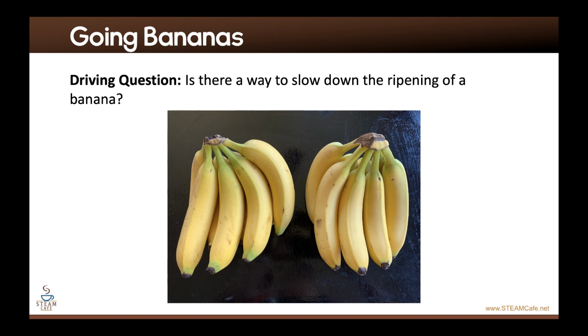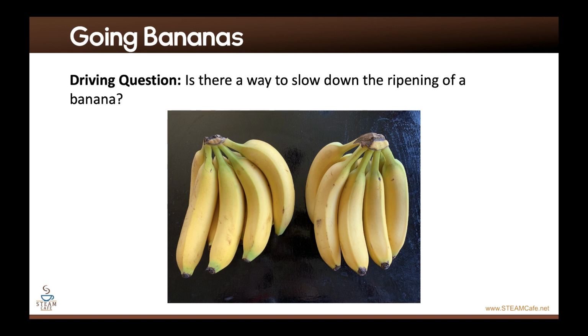I have always been interested in the best ways of preserving bananas to keep them from ripening on your counter. One of the reasons is because my boys really like bananas, but being the teenagers that they are, sometimes they go through these stages where they may consume a bunch of bananas one day, and then the next day, all of a sudden they don't, and all of a sudden I've got all these bananas, and then later on a fruit fly farm because we haven't gotten rid of them all.